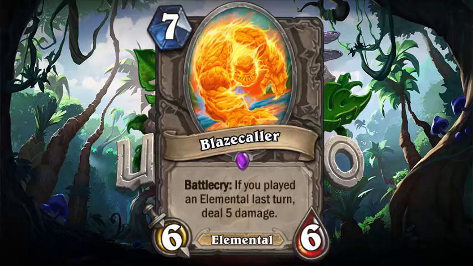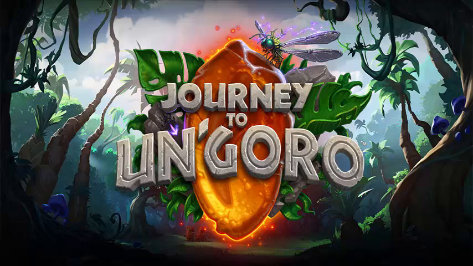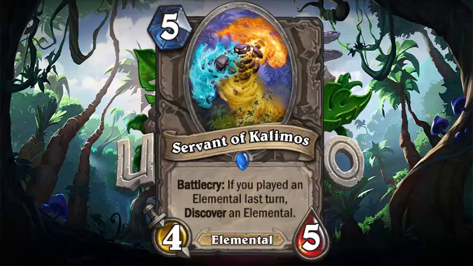So, if anything, Bulb, are we good there? Now, another reason why we say run 1 of this is because of the Servant of Kalimos. It's a 5-cost, 4/5 elemental battle cry: if you played an elemental last turn, discover an elemental. I think I called this when Bob and I were talking privately. I knew they were going to do a discover an elemental sort of thing, and when they decided to make Ragnaros an elemental,